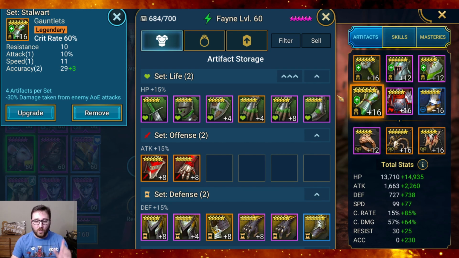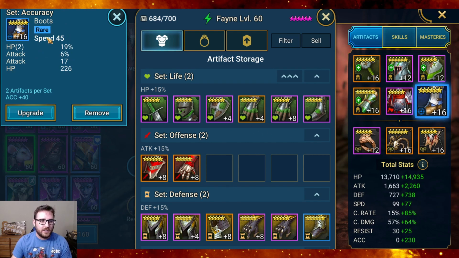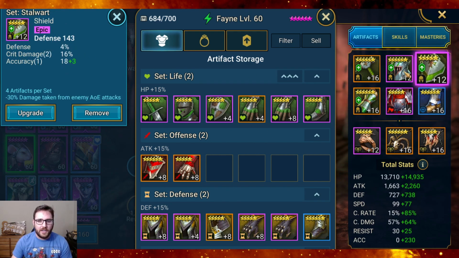I do have one clip at the end of this that I will show, or at least I'll show the final damage of the team where I use her in a non-unkillable team. But yeah, we'll get into that toward the end. So yeah, crit rate, gauntlet, attack percent, chest, speed on the boots, and then kind of just looking for as